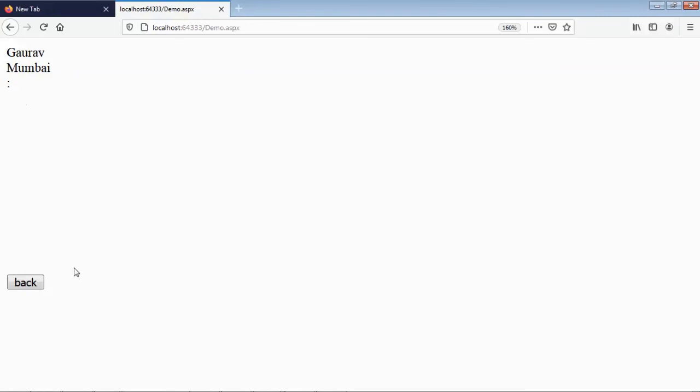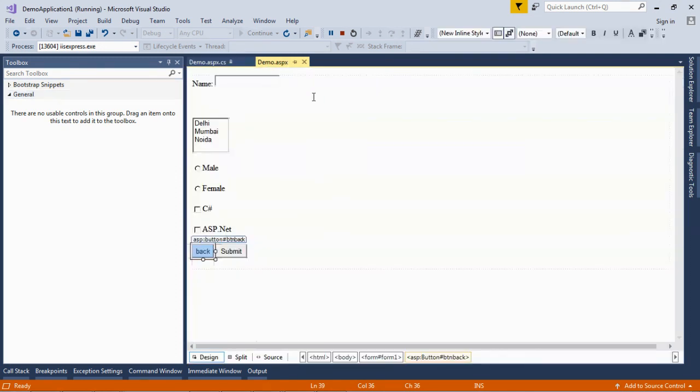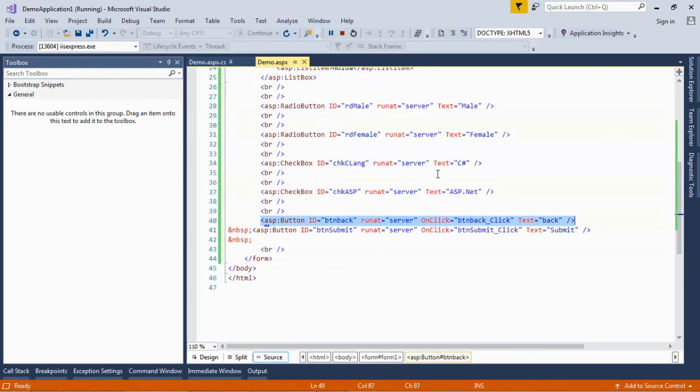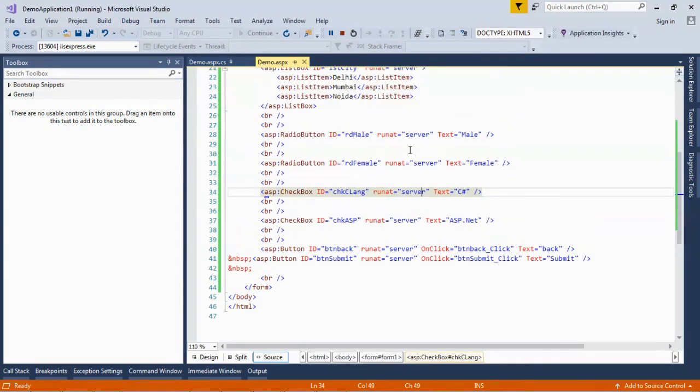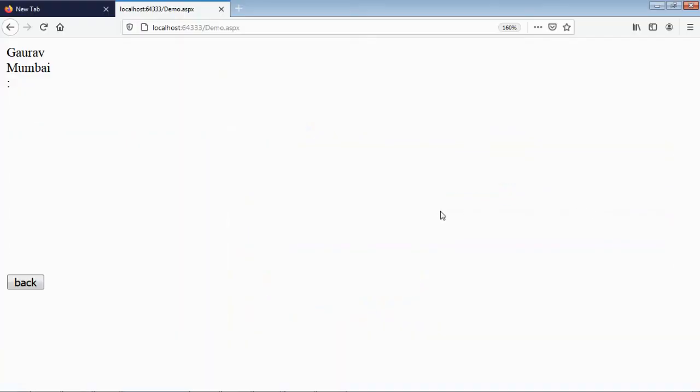Just check first. This is here. I just removed these semicolons. Save the changes.